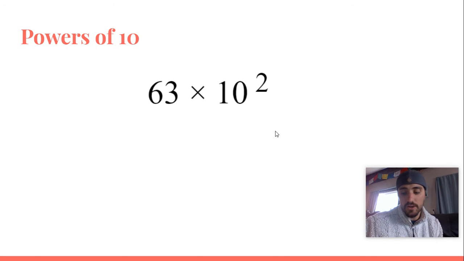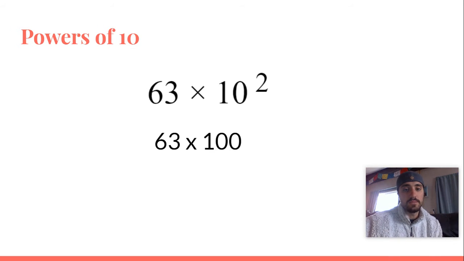And powers of 10 are really nice because they move our original numbers up in place value. So this is basically the same thing as saying 63 times 100, because remember, 10 squared is 10 times 10, which is 100. So I can rewrite this as 63 times 100, which we know then equals